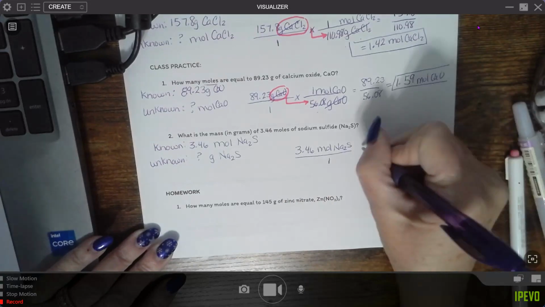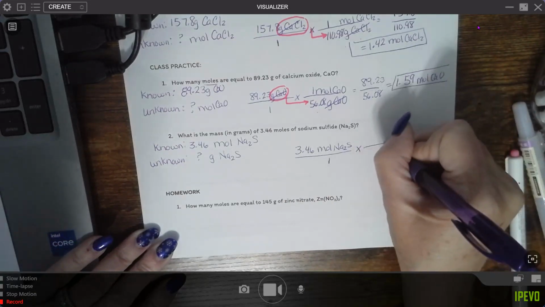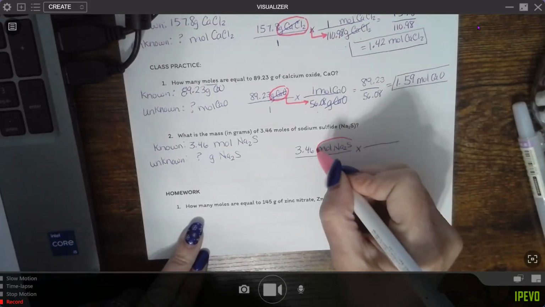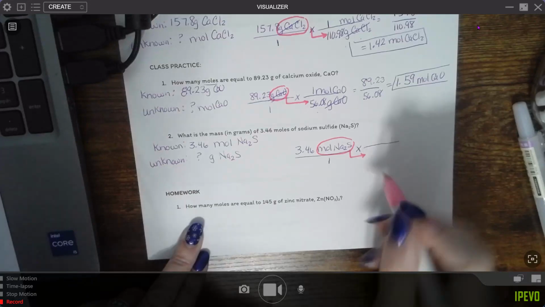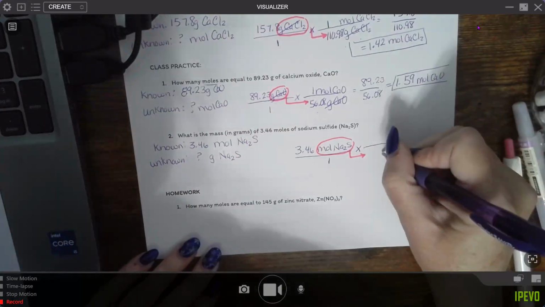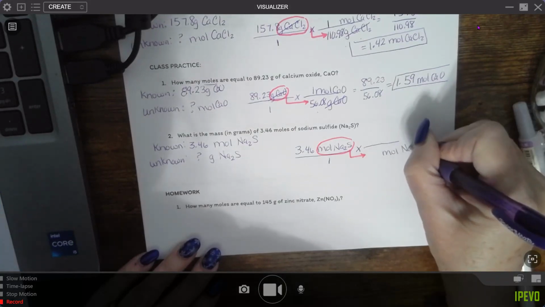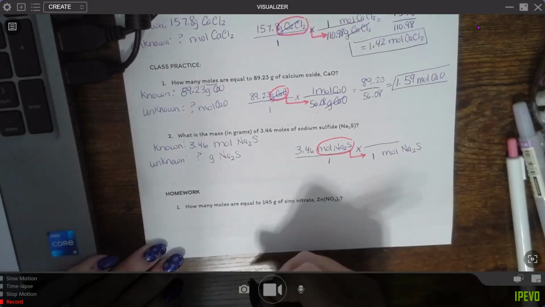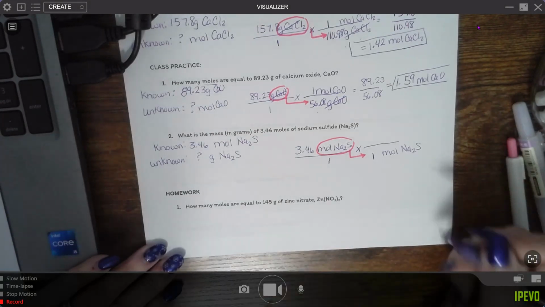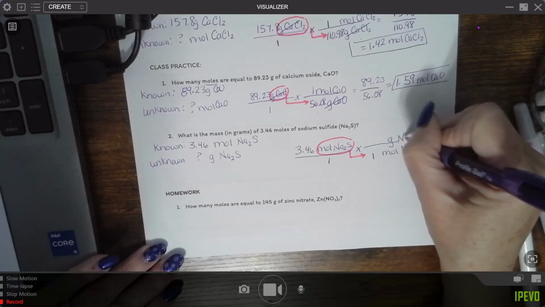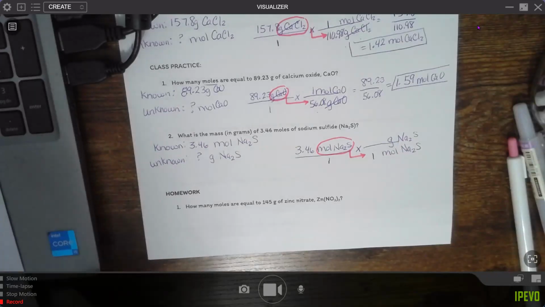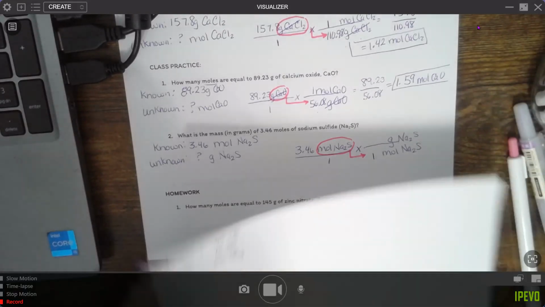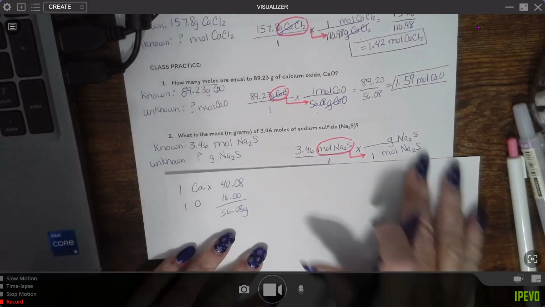Do you see that knowing what units go where is what helps us figure out what number goes where? So we're going to take moles of sodium sulfide down in diagonal. So moles is going to go on the bottom, and we know that the number of moles is always 1. And then on the top, we're going to need grams of sodium sulfide. Anytime you're being asked for grams, you're always going to use your periodic table and find the molar mass. So here, Na2S,